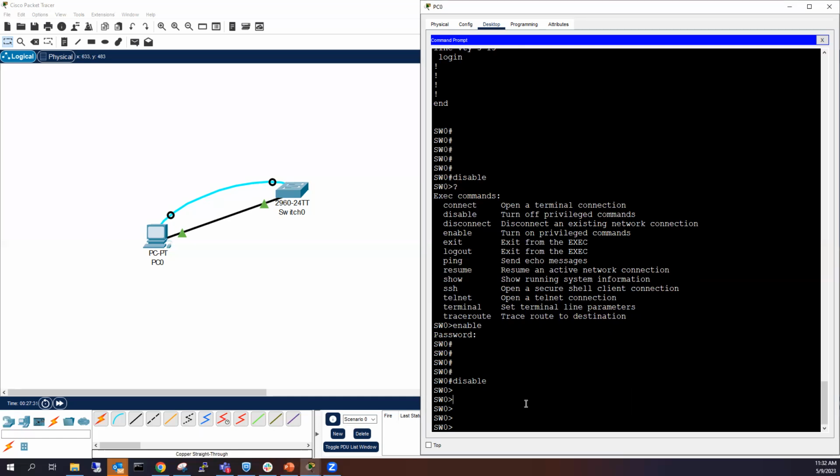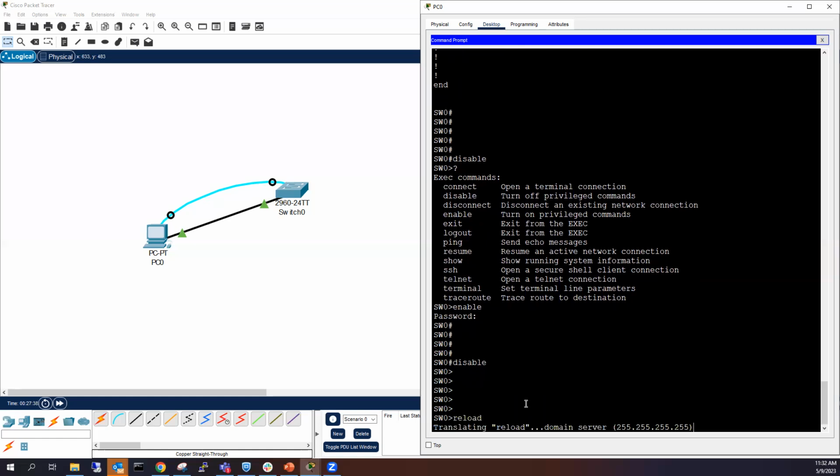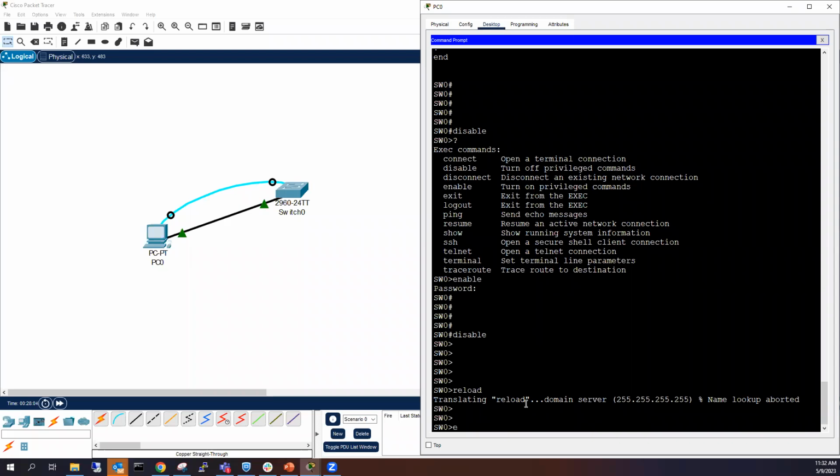So let's try to do some commands and see the difference between privilege mode and user mode. Let's say I'm in, and I want to go ahead and try to reboot the switch. Can I or can I not? It looks like I can't, because I do not have those privileges. I am not in privilege mode. There are certain commands that can be run in user mode, certain commands that can be run in privilege mode. And so, as you guys can see, I cannot run a reload command in user mode. But